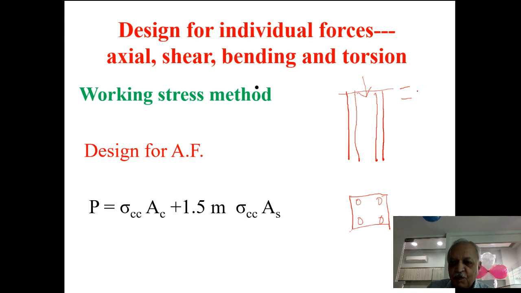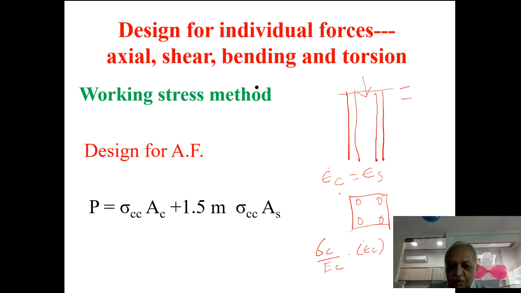If they have to deform equally, both of them will have the same strain, because strain is the change in length upon original length. Concrete has got the strain epsilon concrete, and steel has got the strain epsilon steel, but both are equal. So they are getting compressed by the same amount. Thereby for concrete, the stress in concrete upon the modulus of elasticity of concrete is actually the strain in concrete. So this is my strain.